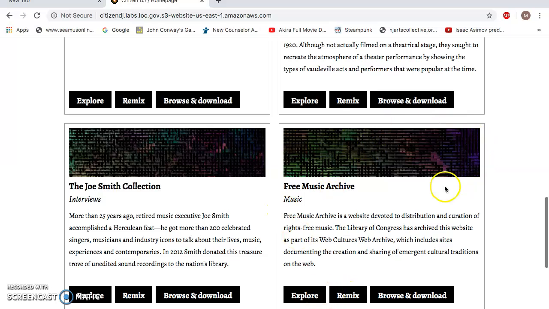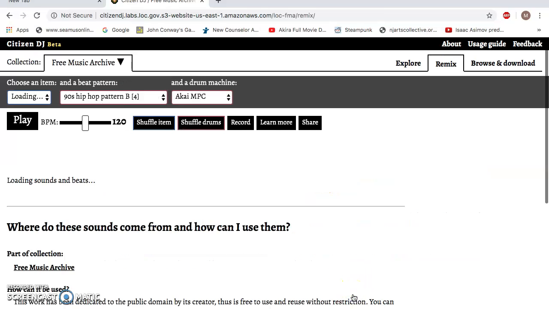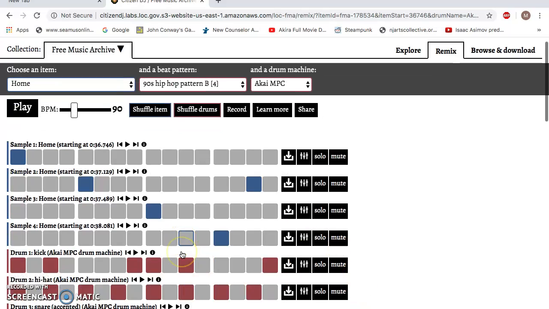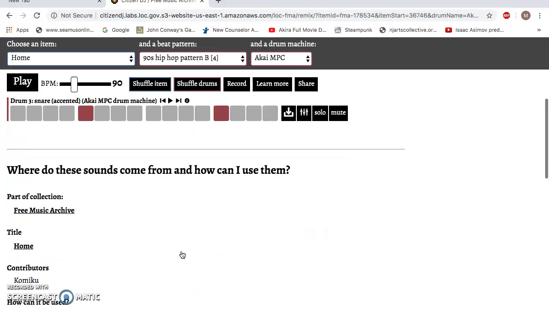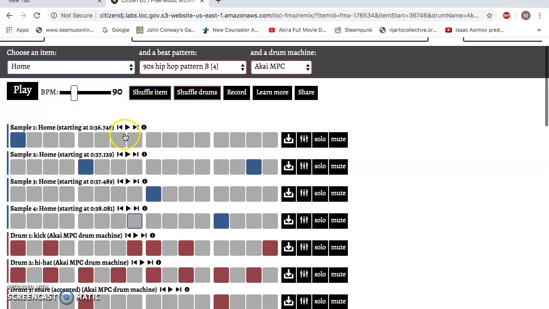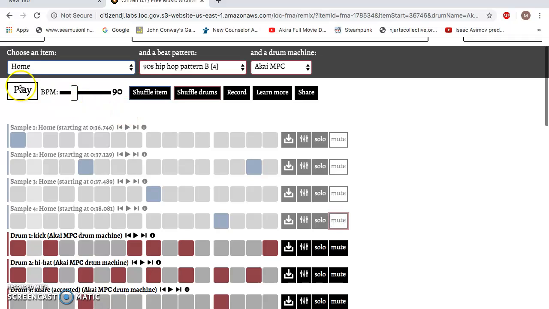get to interface with this weird looking clip thing, I would click on remix, and it sends me to this website or this interface here, and I can click play, and it's taken one melody that has been sampled by the Library of Congress and basically just added this cool drum machine beat behind it. So if I mute everything else, here's the drum beat machine,